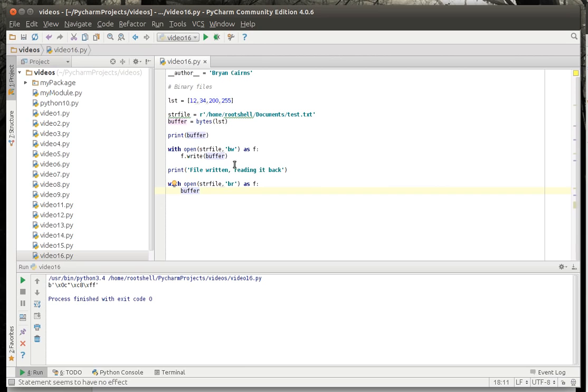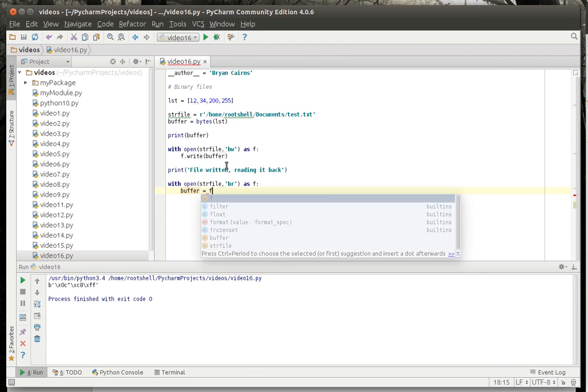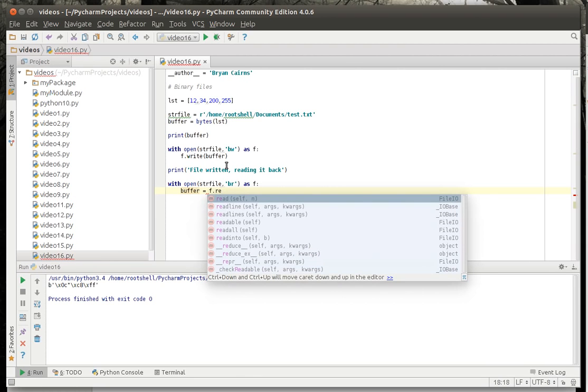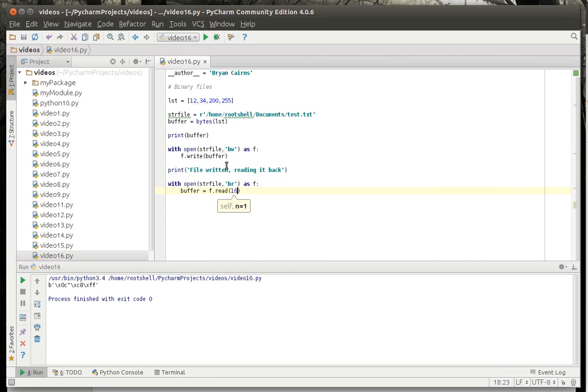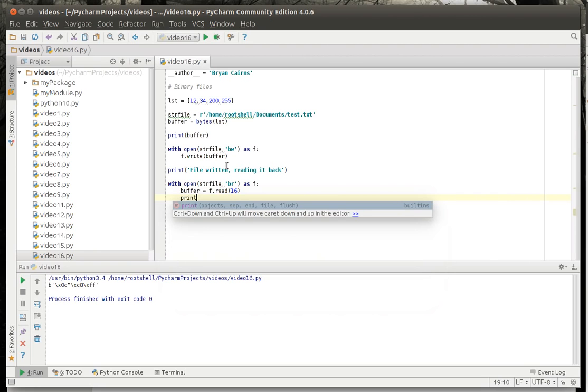So let's go buffer equal, oops. And we want to read, you can read all of it. We're going to read a maximum of 16 bytes. If you just do read, I think it's just going to read all of it, but I just wanted to demonstrate that you can limit how much you're going to read back. And now we're going to print